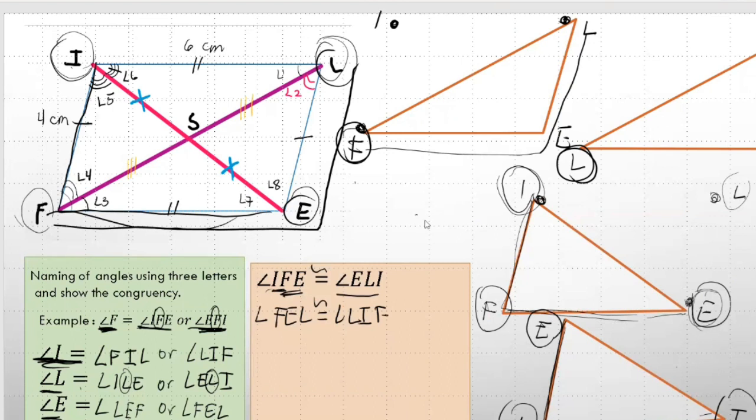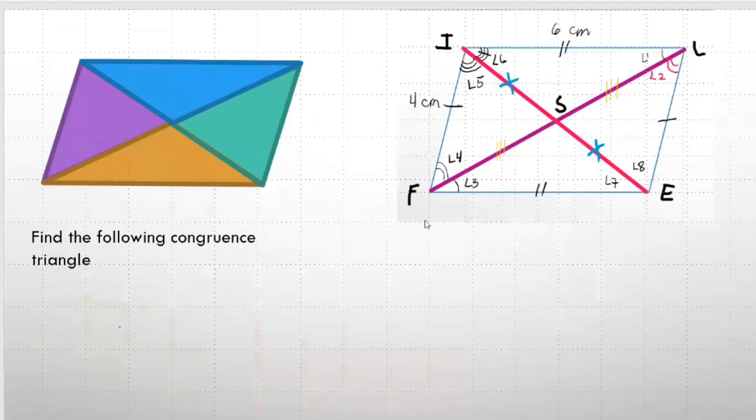So for example, meron tayong F, I, L, E. So this is F, I, L, and E. So let's try to find the following congruence triangle. So for example, meron tayong vertex na S, or vertex, we have the mid or intersection S, o kung saan nag-intersect si diagonal natin. Okay? So if we are going to find the congruence of triangle I, S, and F, which is eto siya,